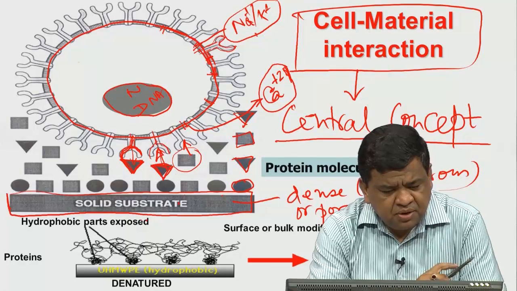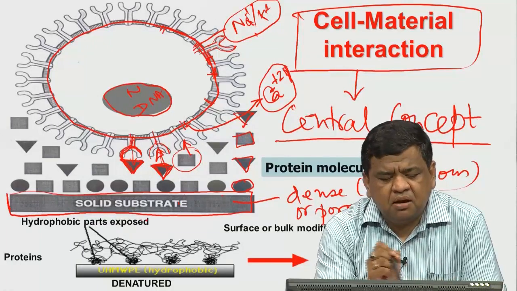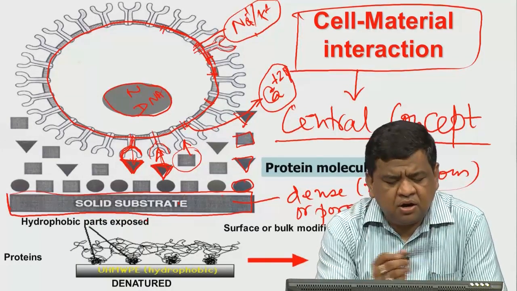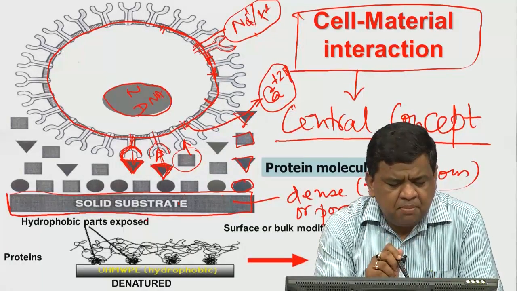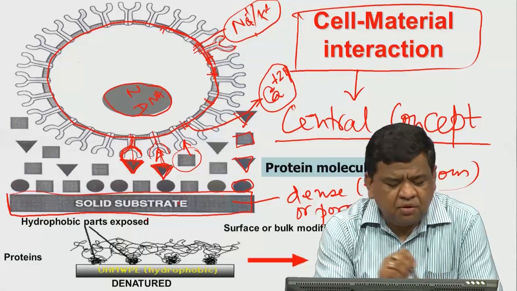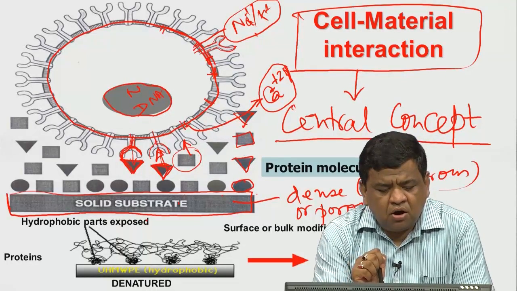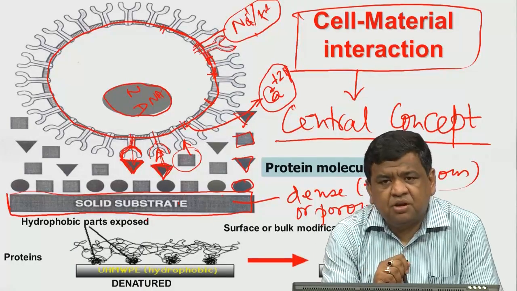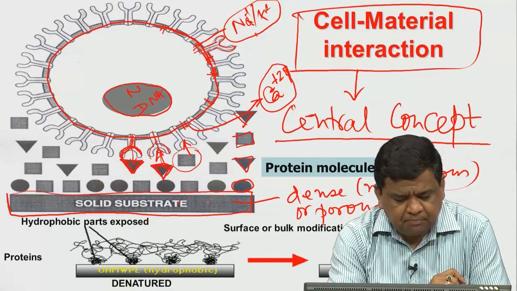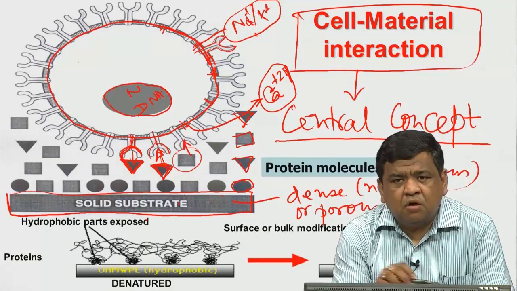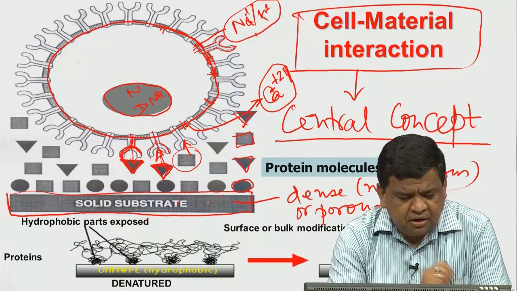Now, another thing that I must mention here: in a freely suspended culture medium, a cell typically has a spherical shape. So, the stability of a spherical object on an otherwise flat substrate also determines how a cell would interact with a material substrate. Now, before going into more depth on the cell material interaction, let me also tell you that these proteins